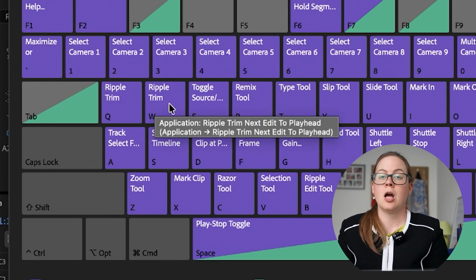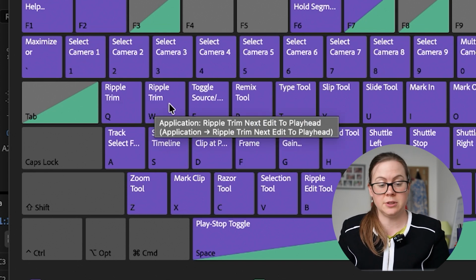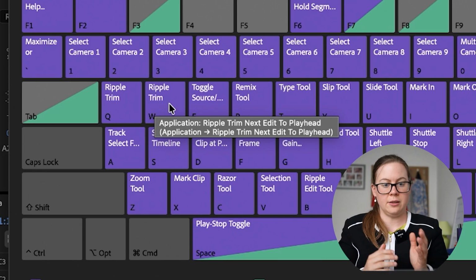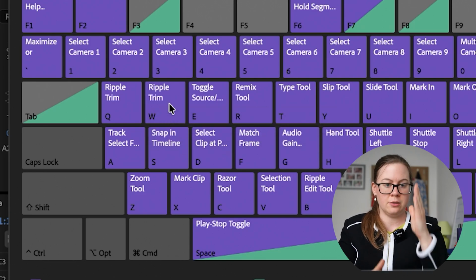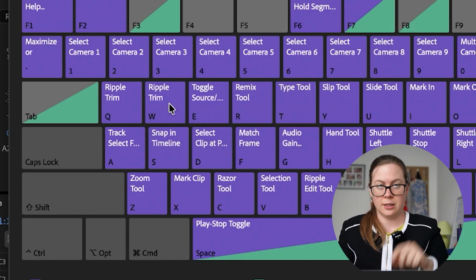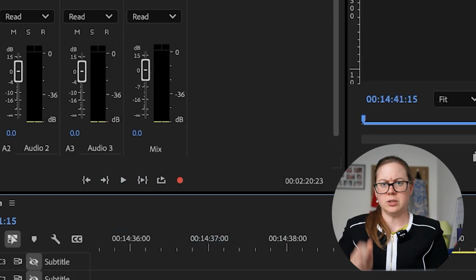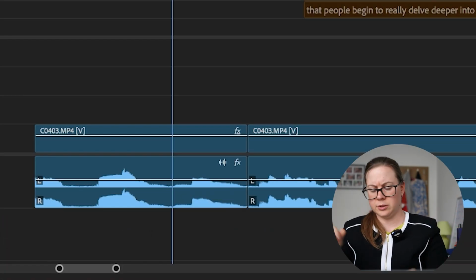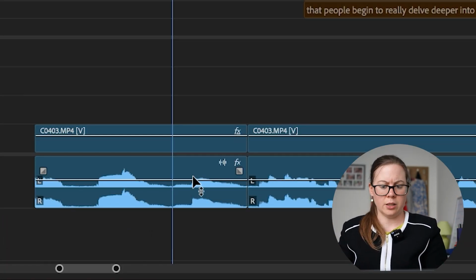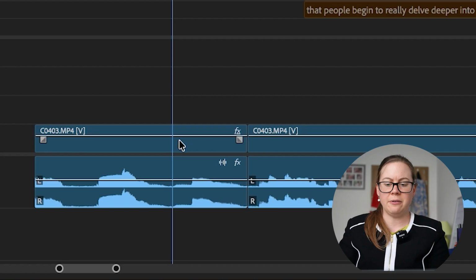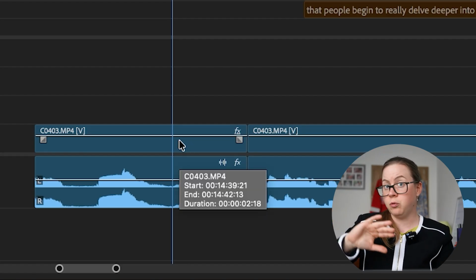Ripple trim, ripple trim. So what's the difference? Well, Q is on the left and W is on the right. And imagine in between them, there's a playhead, that little blue marker with the line, that's called the playhead. Q is to the left and W is to the right, backwards, forwards. Fine. So I want to cut where I am and I want to delete everything to the right, so forward,